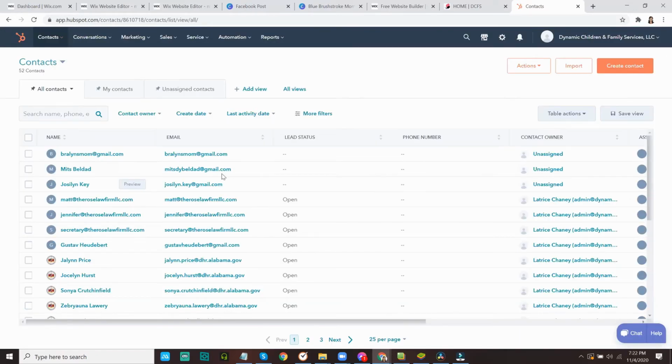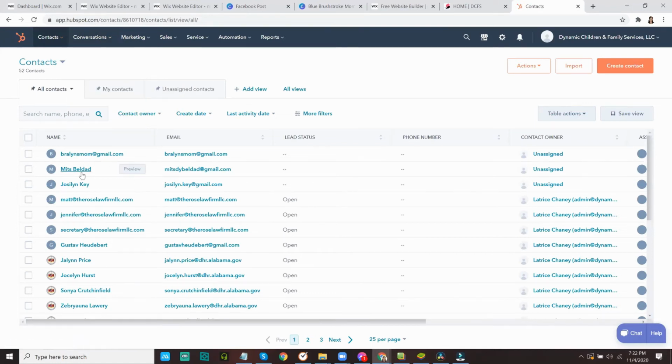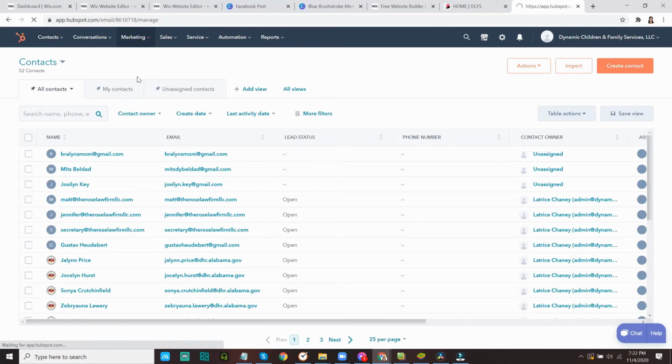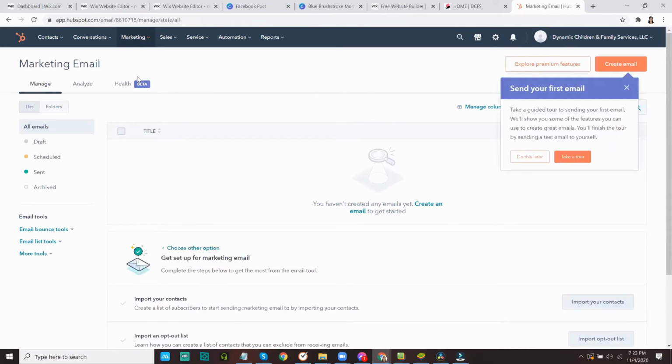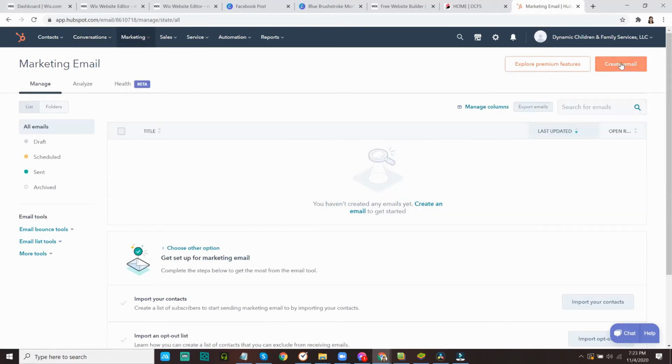So, anong silbi nitong CRM na to? So, pwede ninyong kontakin itong mga contacts na to by email. So, you can send emails to these contacts through here. So, yung mga email blasts, email marketings na nakukuha ninyo, say for example, from Lazada, from Beauty Manila, most of them are automated and they add you as a contact to their list. Kaya ninyo nakukuha yung mga email na yun. So, here, you can create the email here